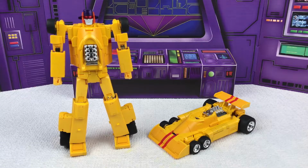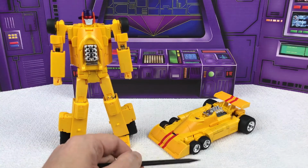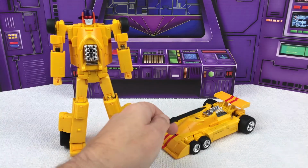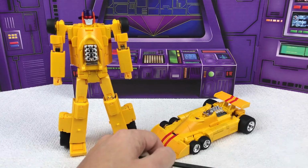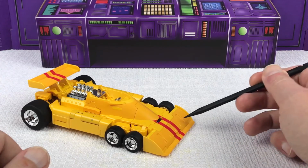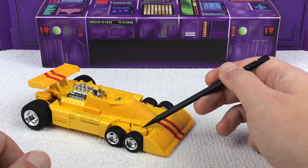Alt mode's got some cool details on it. Things like the slick racing tires, they are completely smooth. They are rubber, no treads. The chrome rims and the chrome engine block, and then some painted details like black on the engine block. Really nice big tires on the back. There's some detailing here in the front wing, some aerodynamics that are going on. There's actually some gas cap covers that are here for the details, and some lines that are probably supposed to